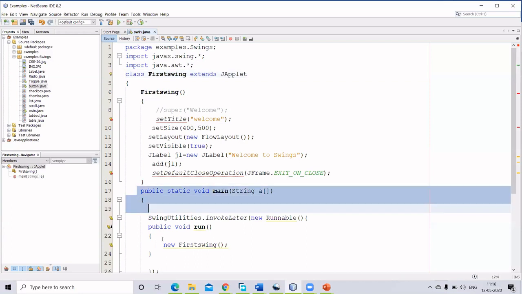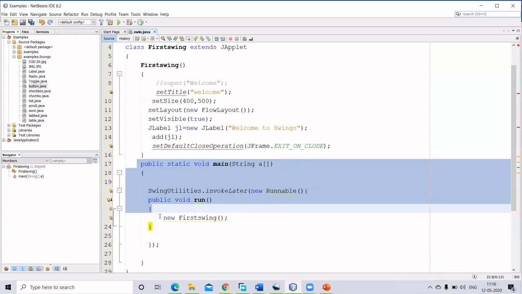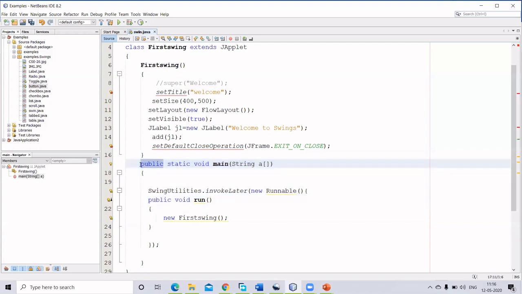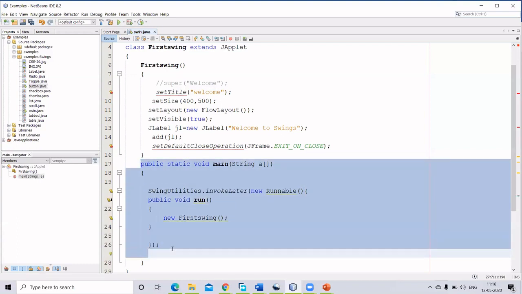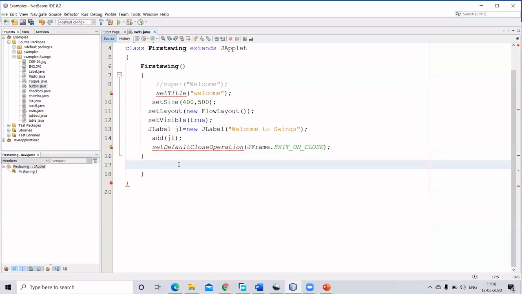So for example, does an applet have any public static void main? Is it having any main method? No, ma'am. An applet does not have any main method because it is called by the web browser, right? So we don't want it to have any main method. So I'll just have a method like this, or I can use it directly inside my init.